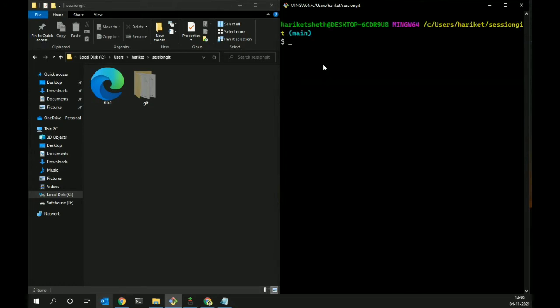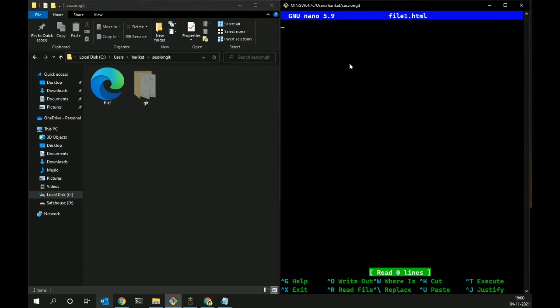In the previous demonstration, we saw commands like git init, git add dot, git status, git diff tool, git log, and git rm --cached as well. So those are the commands we covered in that video. We'll cover more commands in this particular video. What we should do, I think, is modify file 1 and then make a new commit.